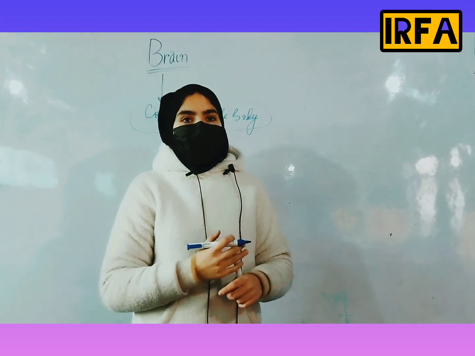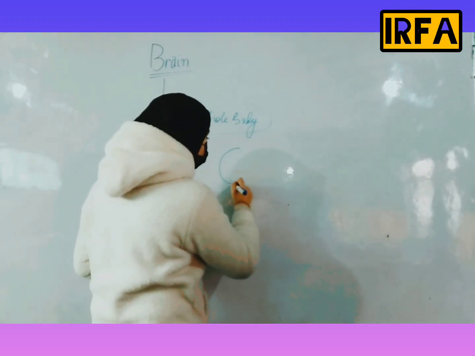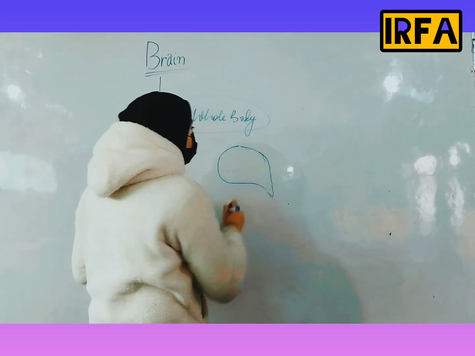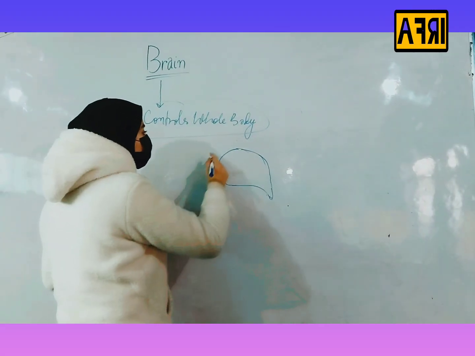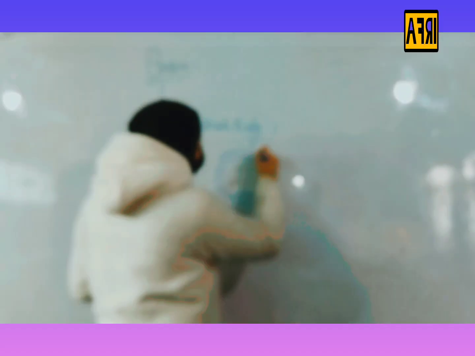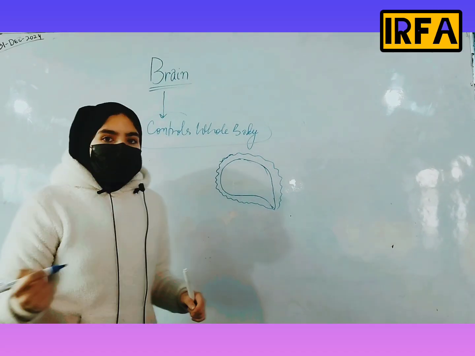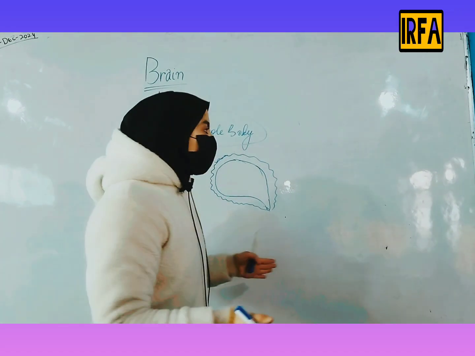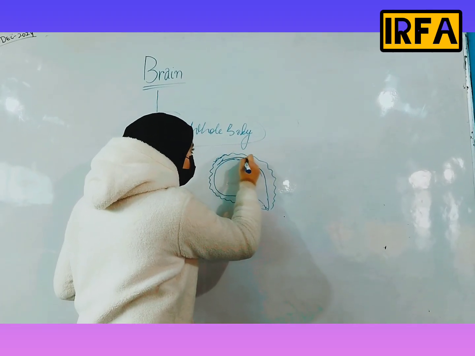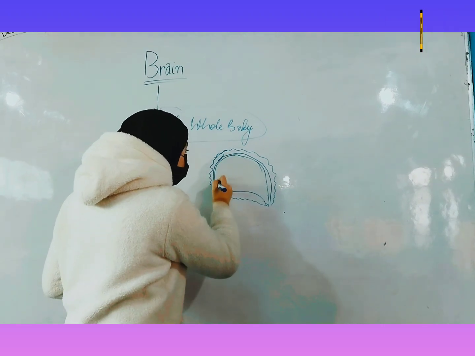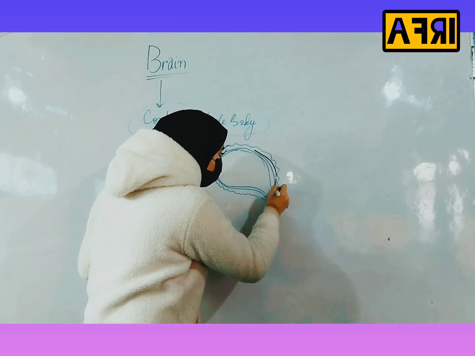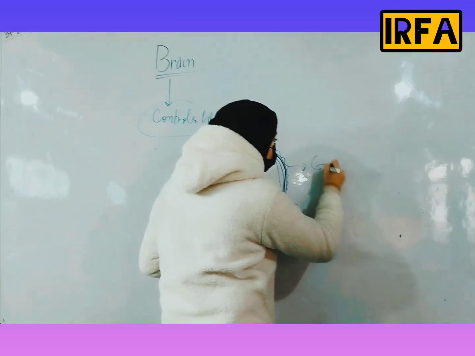Now if we go to the brain, I'm making it roughly. First, this brain is covered by an outer covering that we call the cranium. It's just a bony cranium. After that, it has 3 layers. It's cranium,